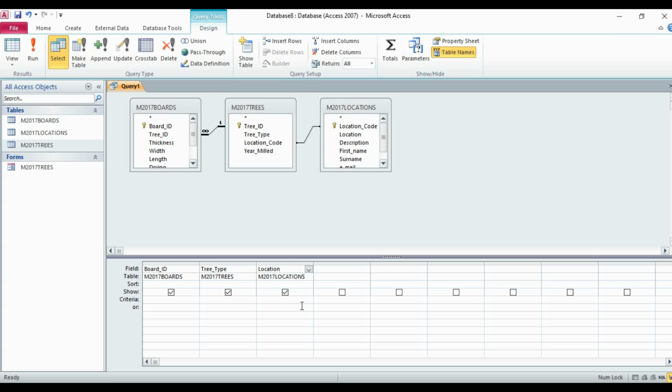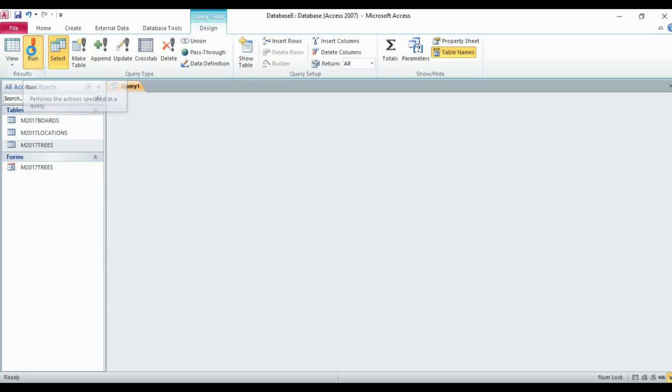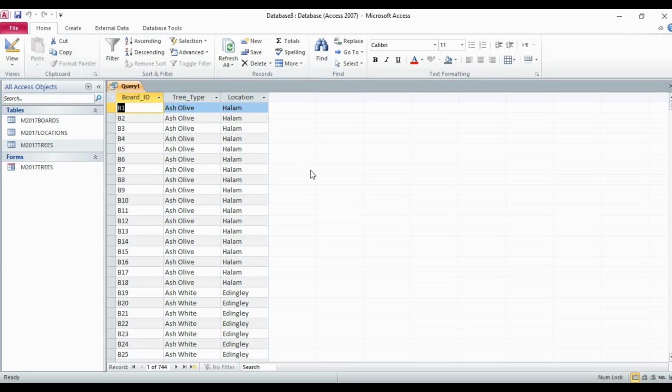Now I will click on the run button or run command. Now we have the table with the fields which we have chosen. So we have filtered data with us. We applied some condition, and the condition was that we want to fetch the records on the basis of some specific fields from multiple tables. We are not going to do this, so I'm not saving it, I'm just going to close it. So click on the close button and it will be closed without saving.